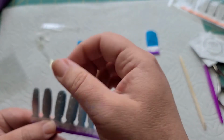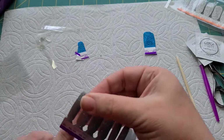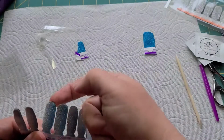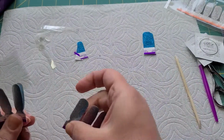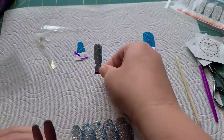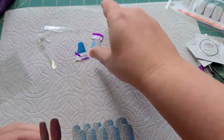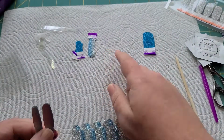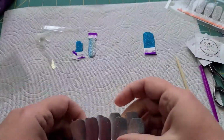So if you end up using this, I think it'll work for my first finger, but it's really close. So I always go for the slightly larger strip. I will always choose a strip that's slightly too wide and trim it just to make sure. So that's going to go this way. The blue is close to the blue, and I'll do a silver in the middle. And then my ring finger,